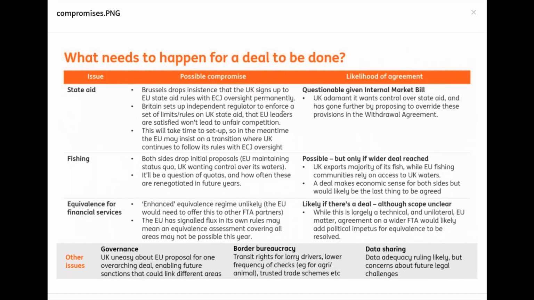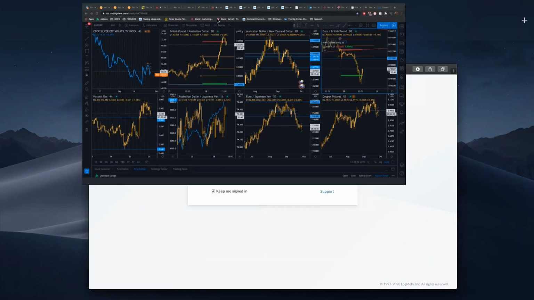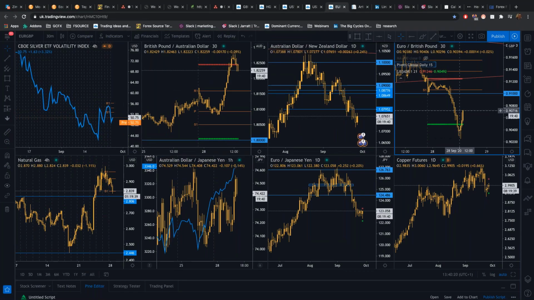So if we get any kind of breakthrough in these areas, that could possibly be good news for the pound. Most likely, these are the areas to look at. Now, we've got the internal market bill also being debated this week in the Commons. So there's plenty of risk coming up for the pound ahead. So do keep that in mind as we go through and into the session. It's a big potential week for the pound and definitely one to be looking at.